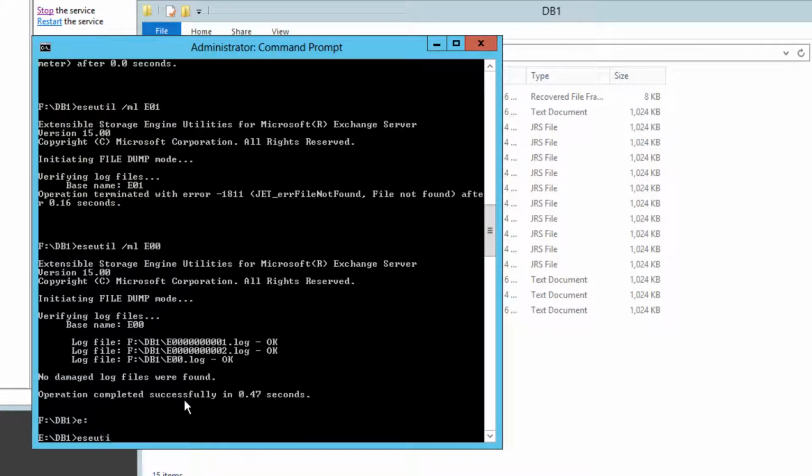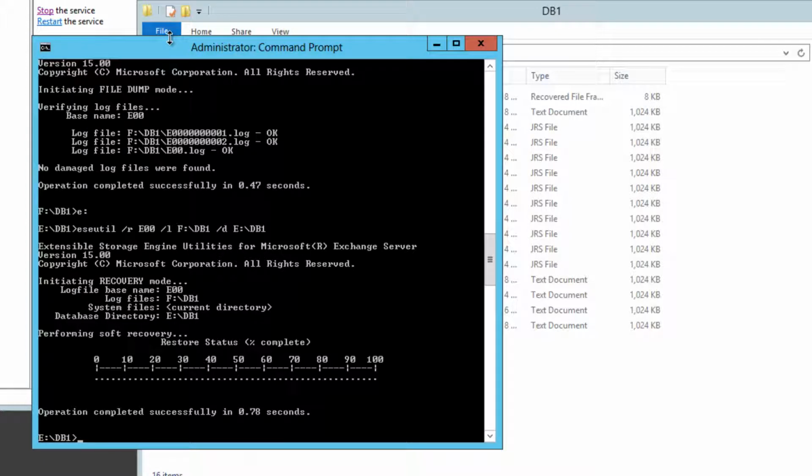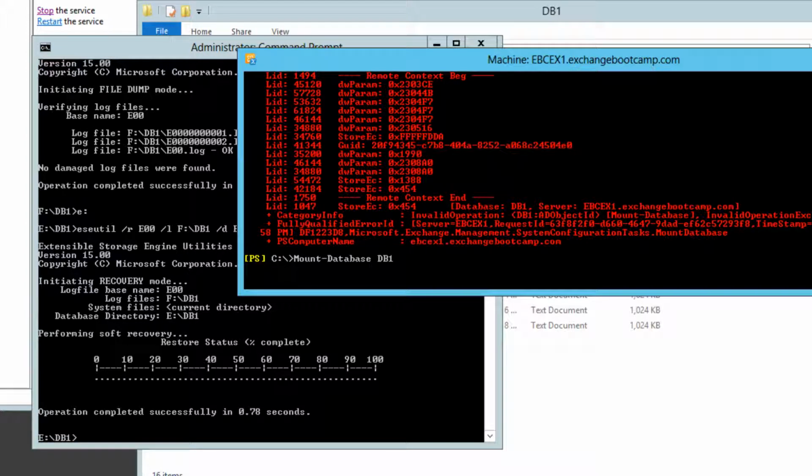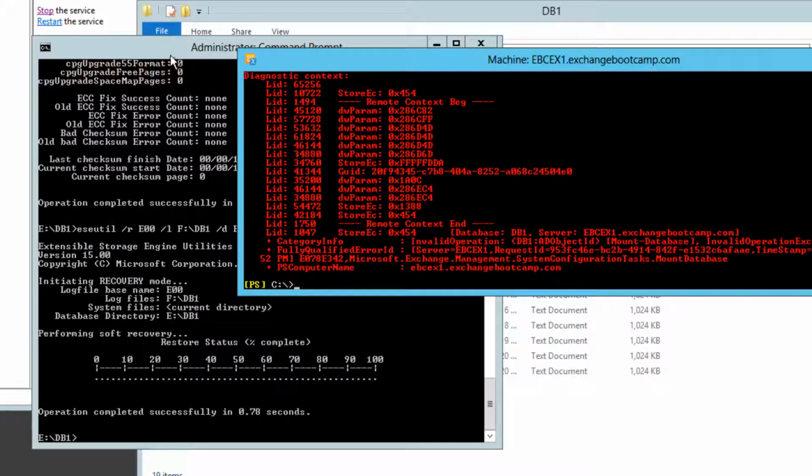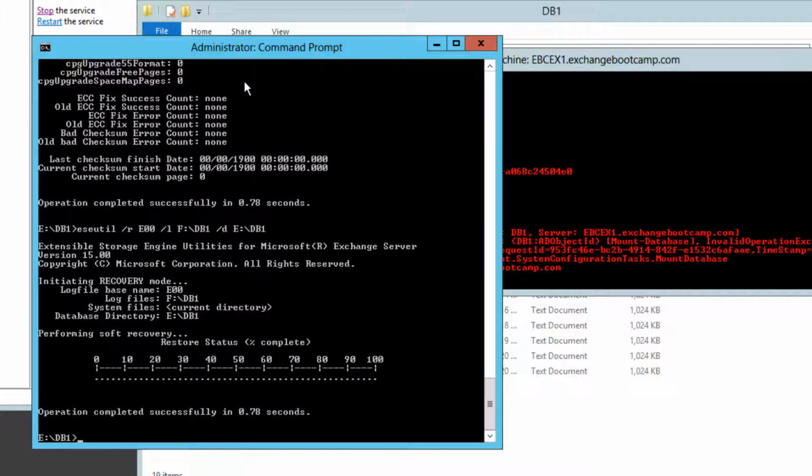So let's try ESEUtil /r E00. Our logs are located in F db1, /d for our database location, which is EDB1. Operation completed successfully. Let's try that mount one more time. Still no good. So I'd say that leaves us with no choice in this case but to do a